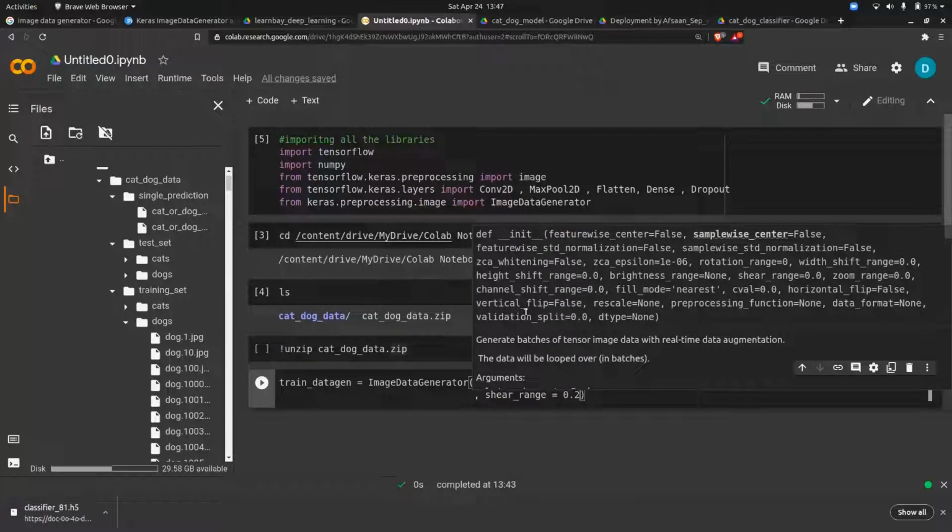If this is your image, for example, it will be tilted a bit, about 20 degrees, so a new image will be generated out of that, towards left and towards right, like this. So this is the original image, shear of 20% towards left and right. So this is what I am mentioning here. Is the shear range clear to everyone?